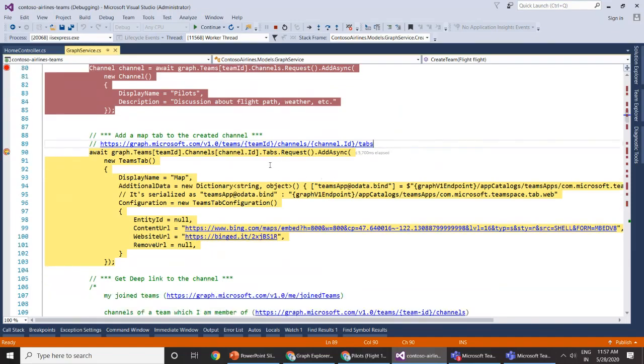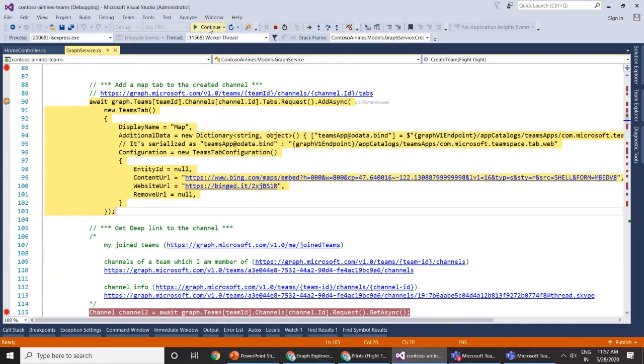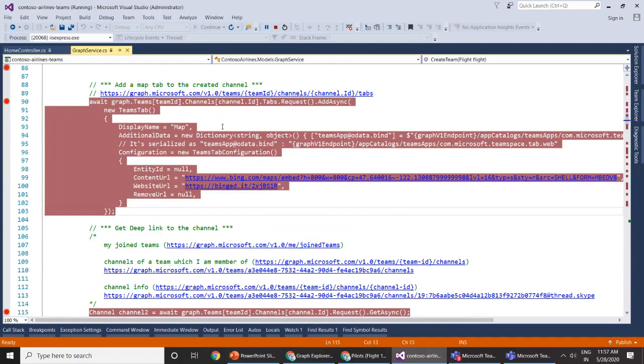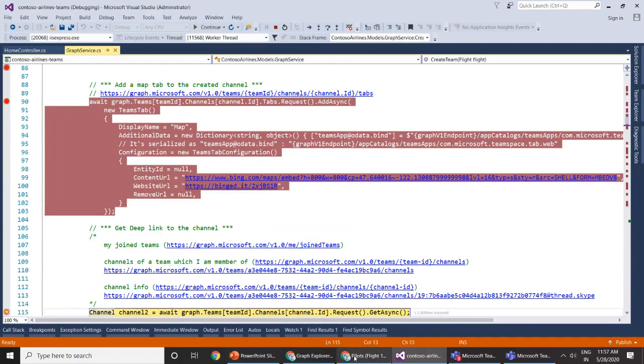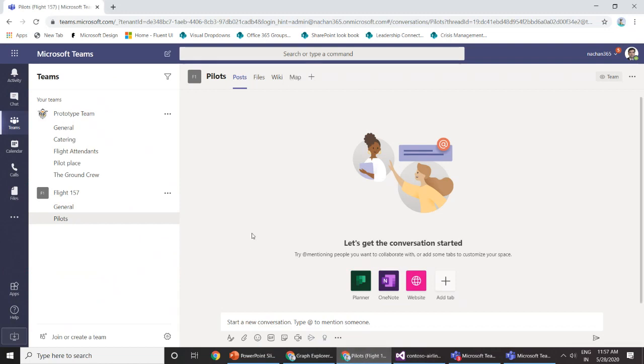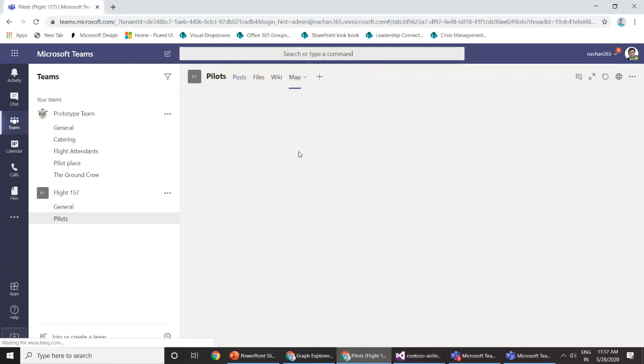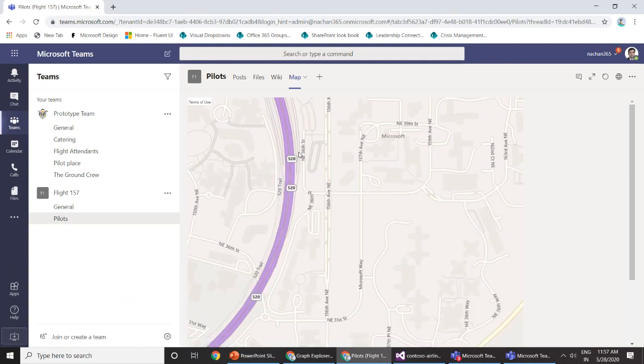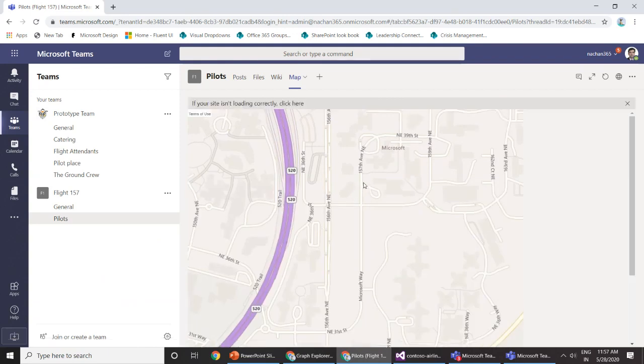And the next thing is that, instead of getting, we are making a POST request so that we can add this particular content URL, which is representing one Bing map as a map of our airport. So I will go ahead and run this particular code. Okay, it has run very quickly because it was just to add one tab. So we have this tab here, which is a map. This gives a nice representation of how our airport is, where our runway is, and the other things. So this way we can use this Graph API to add tabs inside our